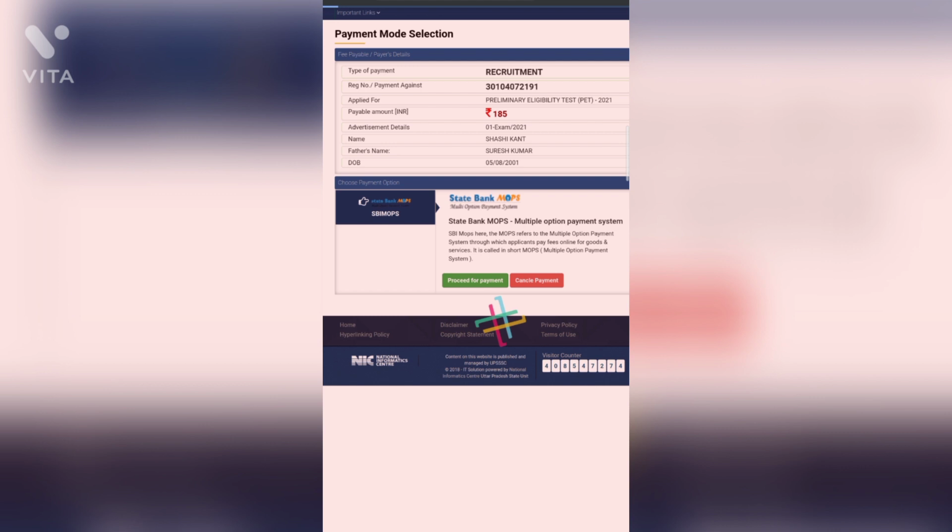Now you have to select the payment method. Okay, just click here SBI MOPS and then click proceed for payment. Click OK.